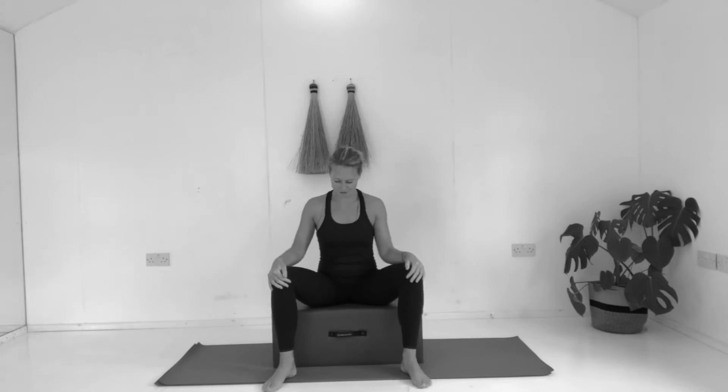So we're going to sit on our chair to begin with. Now you can either sit cross-legged, like this, not like this, or with your legs out to the side, depending on what feels most comfortable. I actually think this is quite a good one because it means that you've got room in your hips, okay? And your tummy can come in front of you. So let's just focus on the breath. Close your eyes, reaching the crown of the head up to the sky, drawing your shoulder blades down your back,